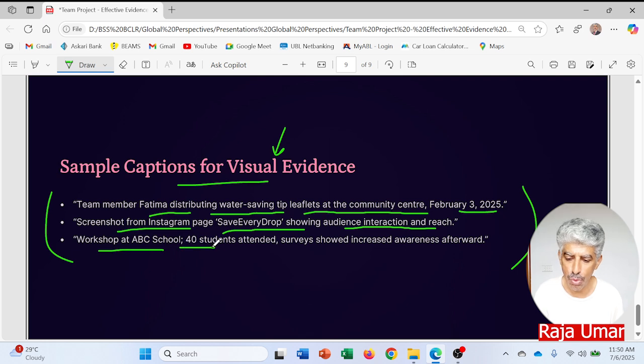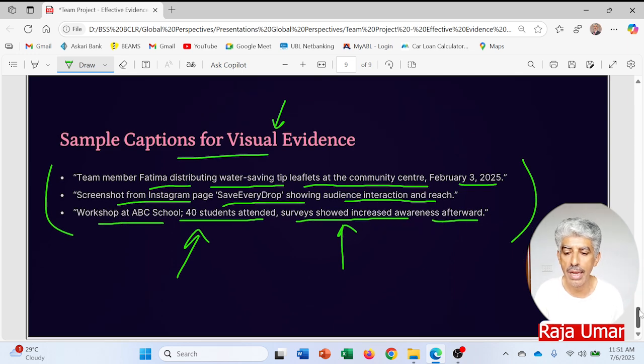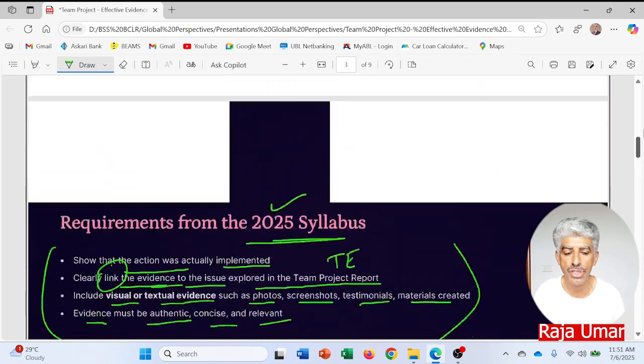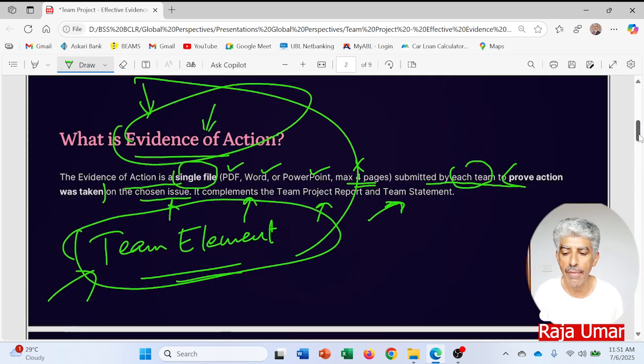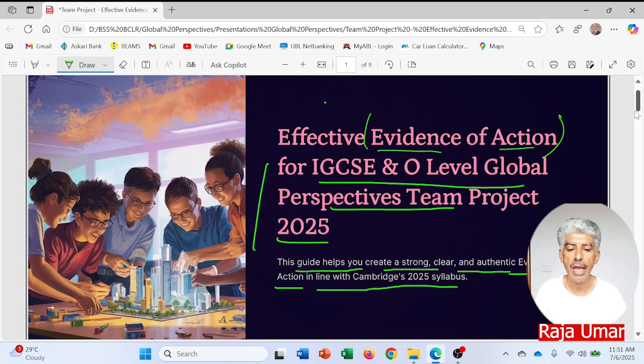Workshop at ABC school, 40 students attended. Surveys showed increased awareness afterwards. So this is how you can put captions to your pictures and photographs in your evidence of action. This is all about how you can have a very effective evidence of action for your team project.